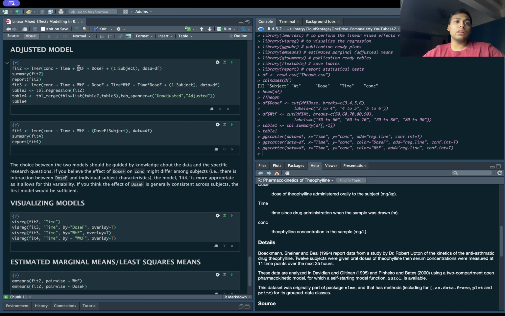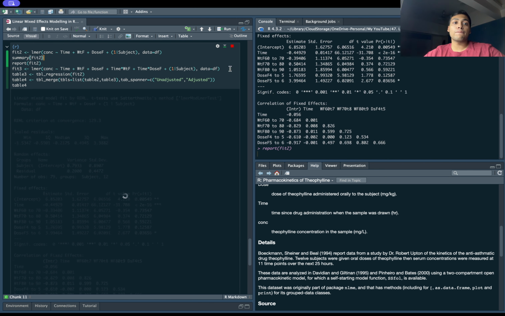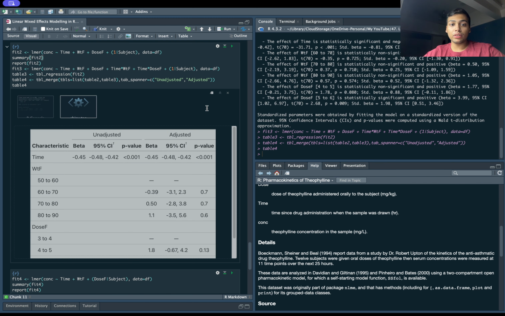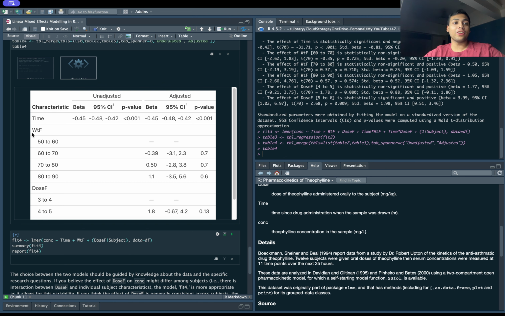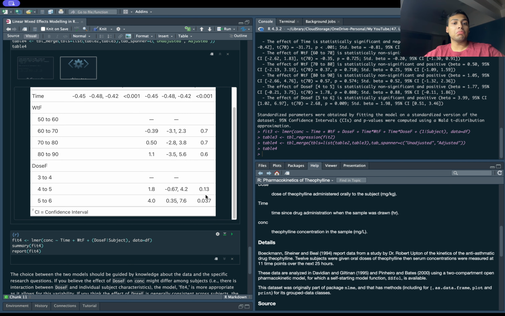So in our exploratory data analysis, we saw that weight and dose do not seem to have an effect. So is that really the case? Like a simple linear regression model, just add these two terms as fixed effects, and now let's see. Let's run this. What do we have here? Weight, no difference. Perfect. Dose, all right. 3 to 4 and 4 to 5 does not seem to have a big difference, but